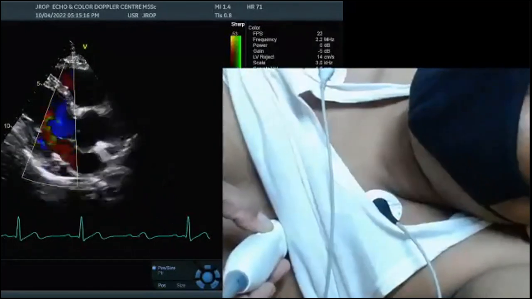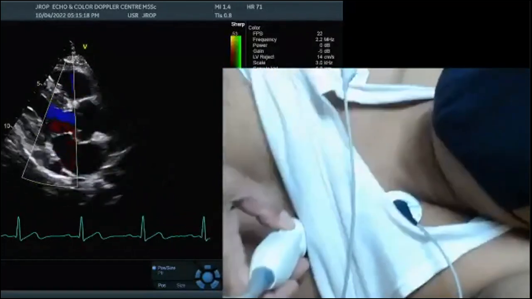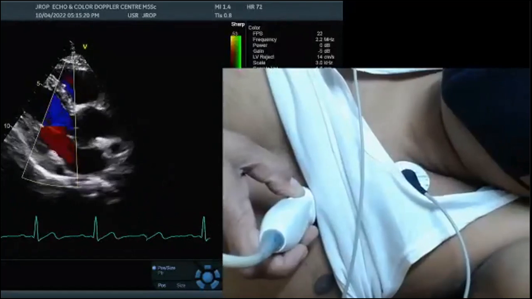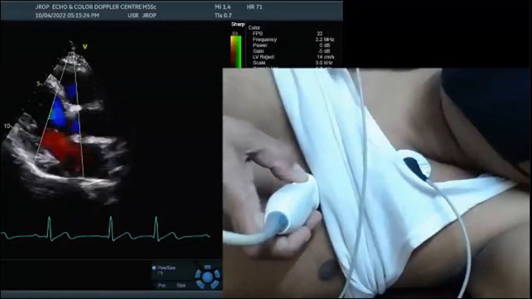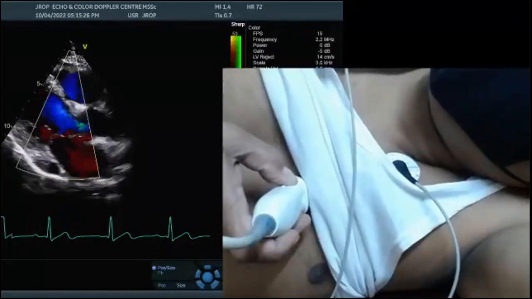So this is what the colors are. You can see the colors. Now how to optimize your colors? The first and foremost thing is, look at the right side of your screen. On the right side of our screen is